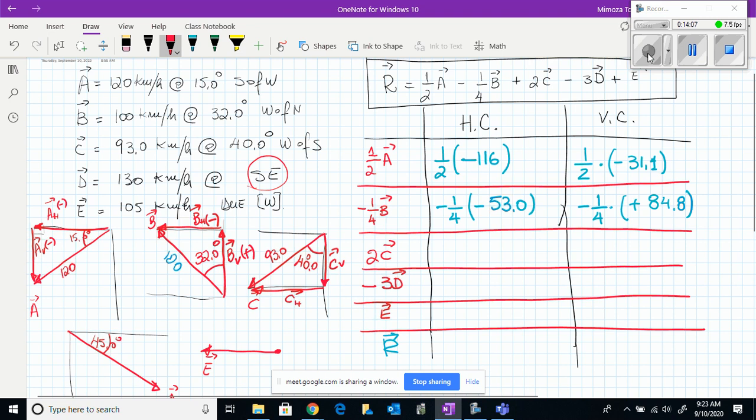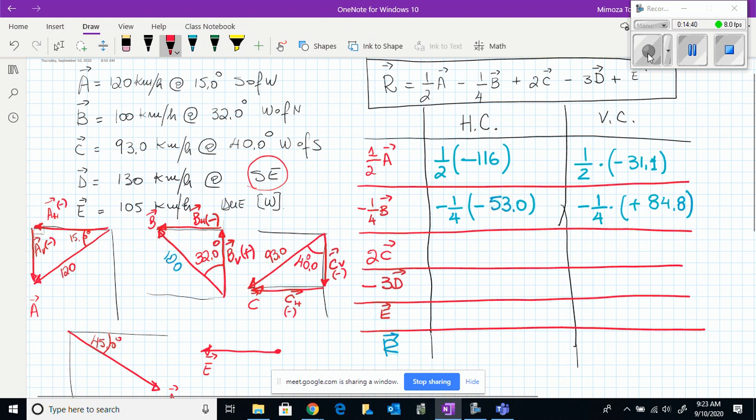Whatever is going in the vertical is the vertical component. Both of those are negative because they are going in the south and west direction. So now in order to find the horizontal component, we will use sine because the horizontal is opposite of 40 degrees. So 93 times sine 40